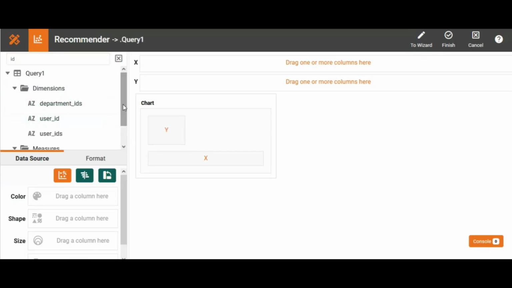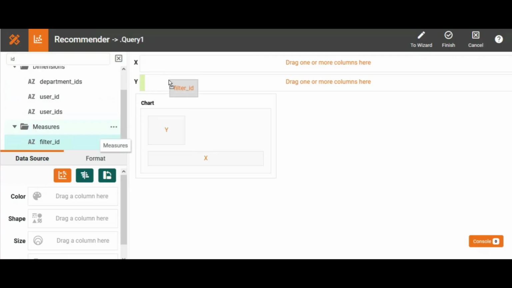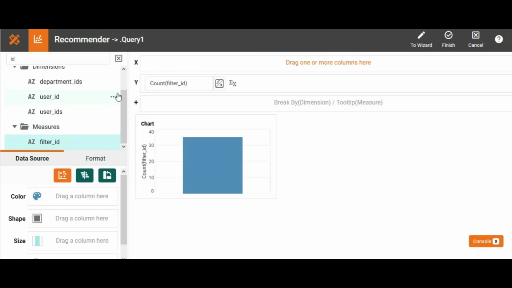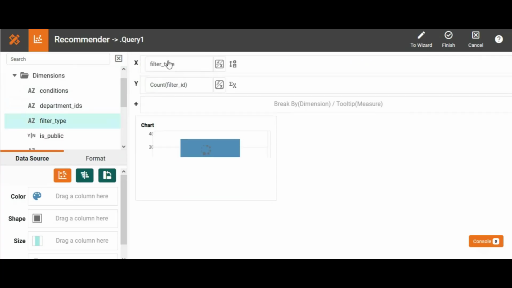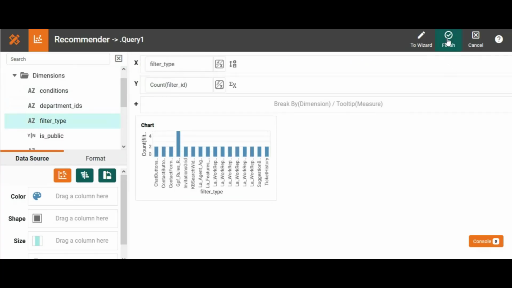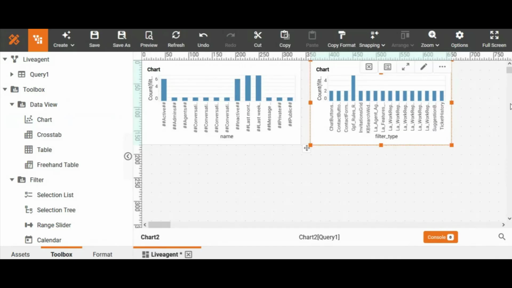Once again, convert that to a measure and drag that into the y-axis. Next, I'm going to find the filter type and I'm going to drag that into the x-axis. Click finish. So now I have two charts breaking down a count of IDs based on filter type and on